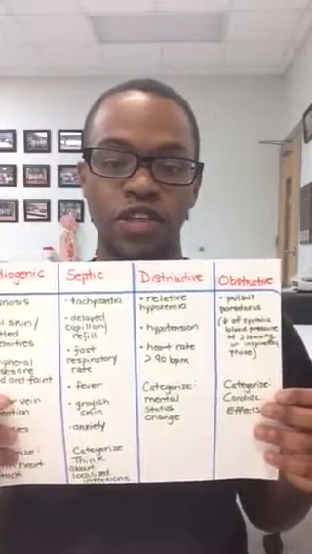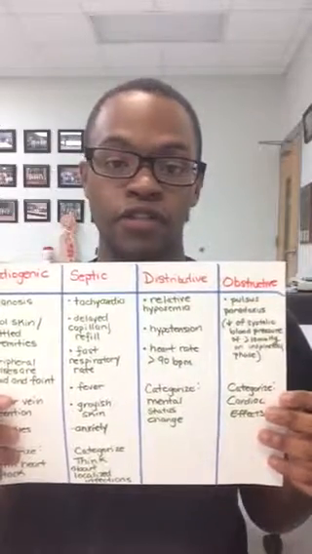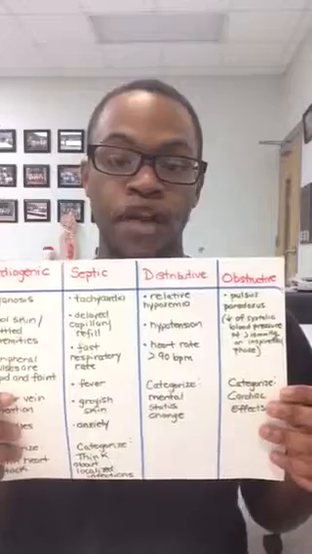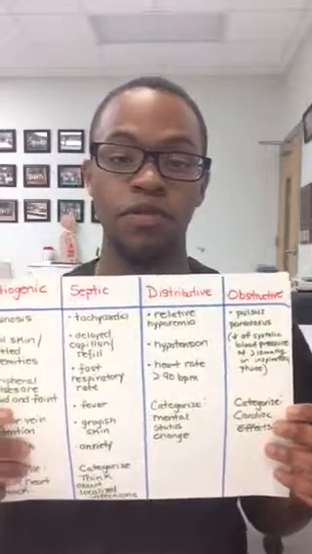Now, with septic shock, you have tachycardia, delayed capillary refill, a fast respiratory rate, fever, grayish skin, and anxiety. Now, what helps me remember septic shock is to think about localized infections, because what is causing sepsis is a localized infection that has not been taken care of. So one of the things maybe we can give to help fix this problem is antibiotics, but we'll get into